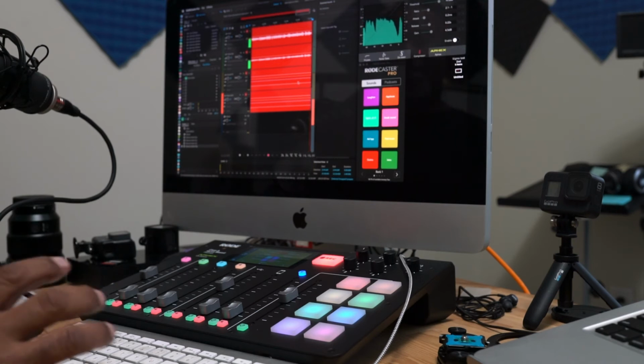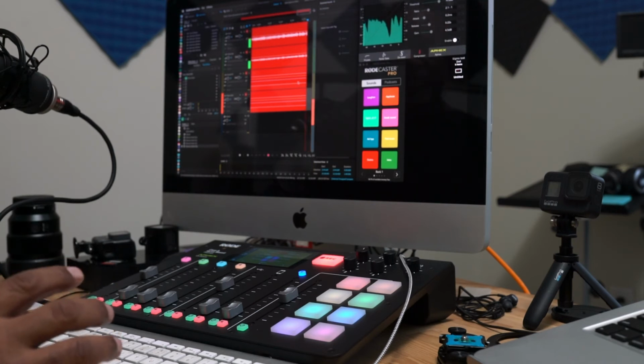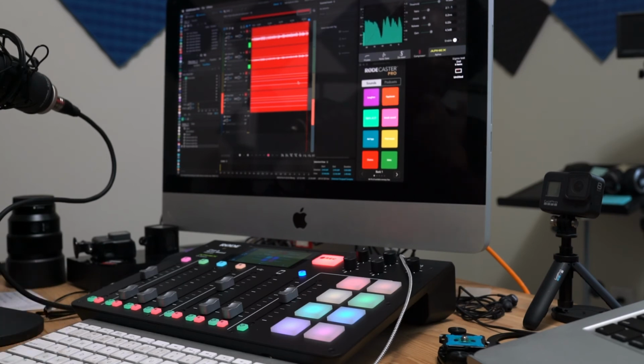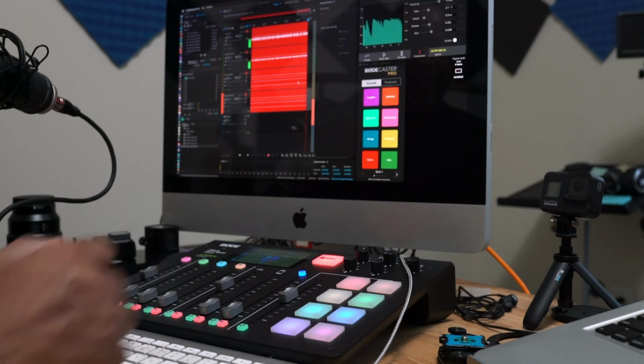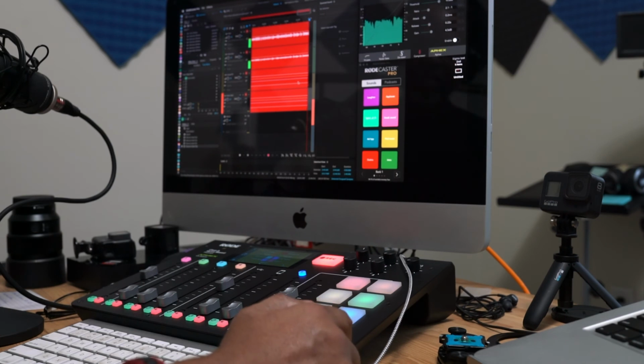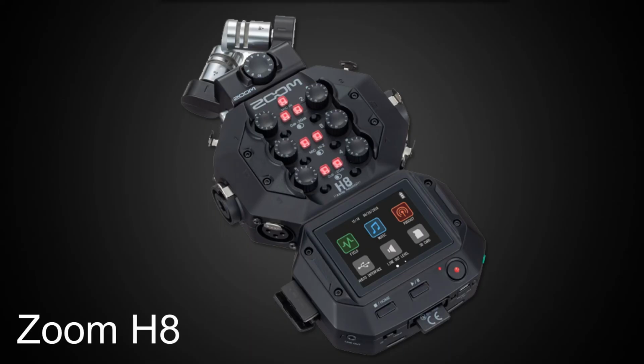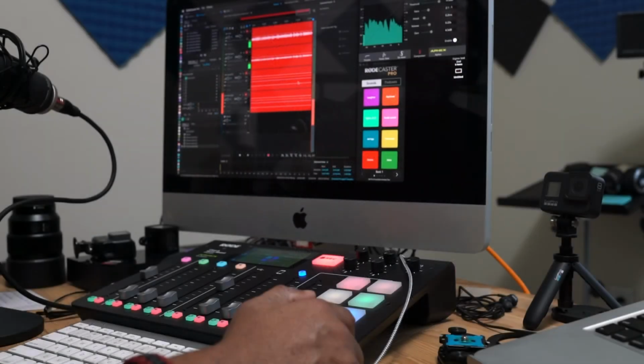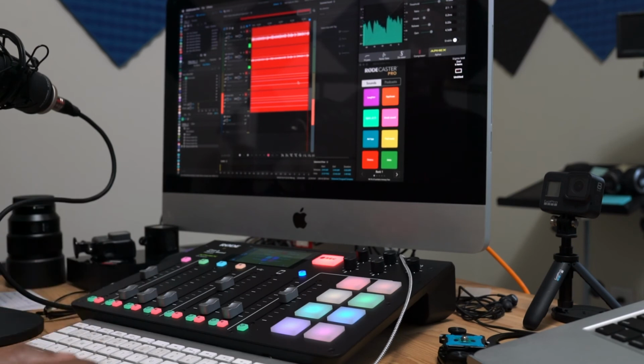But you can do all of those things in one device, and it's very compact. Now, there are other new devices coming out on the market that will be in a better price range, depending on what it is you're trying to do. So one of them is the new Zoom H8. You can Google that and get some information on it. I don't think anyone has any in stock yet, but you can easily find the